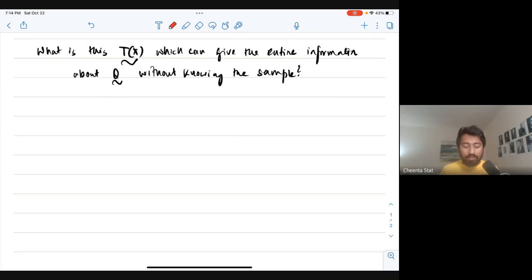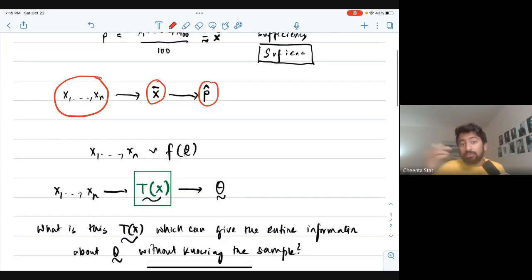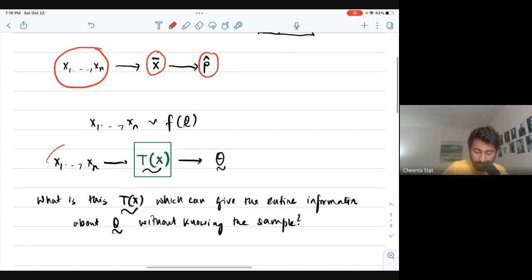So how can you understand whether a sample contains information about a parameter or not, or a distribution contains information about a parameter or not? It's all stochastic, probabilistic in nature, right? So understand this very carefully. That's where I come to graphical models. Theta is dependent on the sample via T(X).